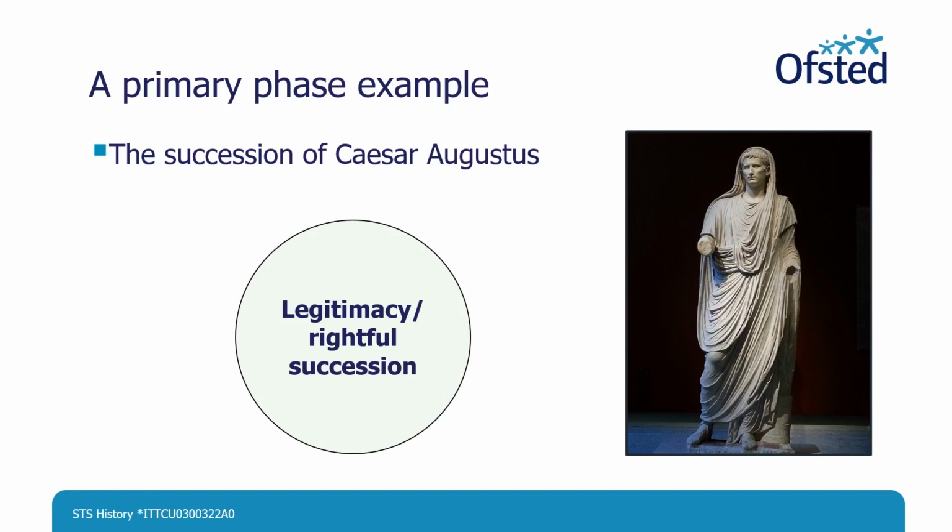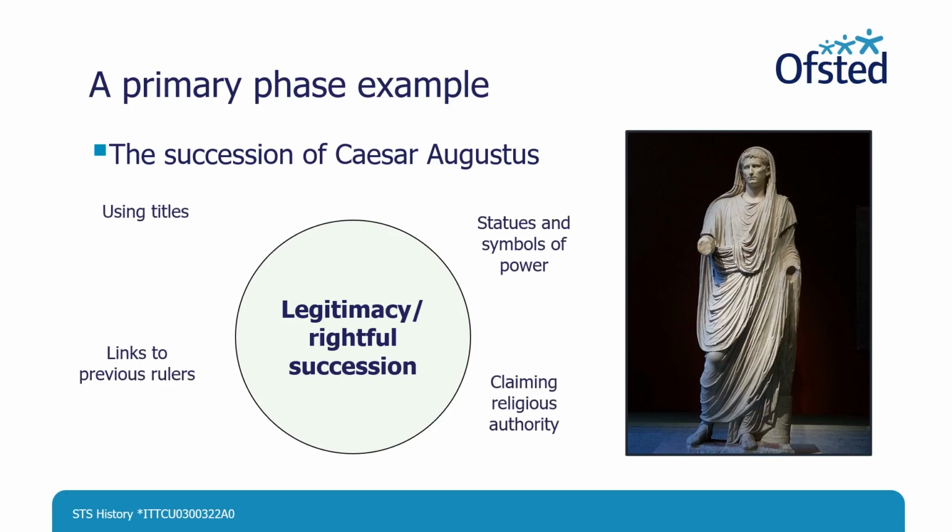meaningful examples. One meaningful example we might use to begin building pupils' knowledge of this idea of legitimacy could come from the succession of Caesar Augustus. When we focus on readiness for future learning, this appears as one aspect of the Roman period which might be particularly powerful in preparing pupils for much of what they'll go on to learn. But again, we use concrete aspects of this, such as how Augustus used statues to project a particular image, or how he used religious ideas to support his power, to help pupils build their concepts of how rulers present themselves